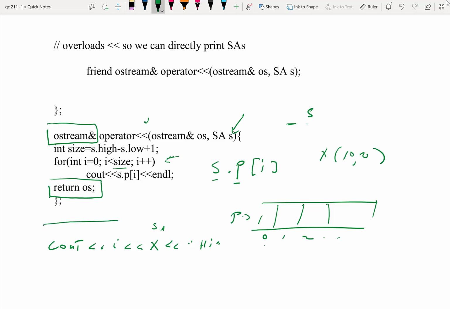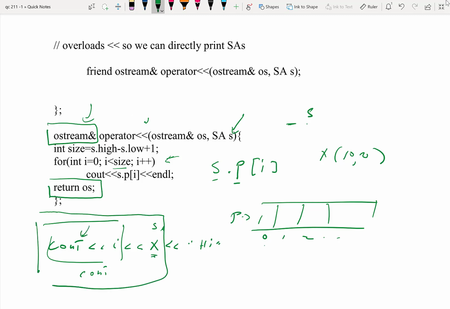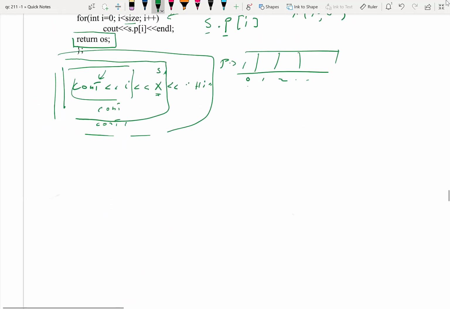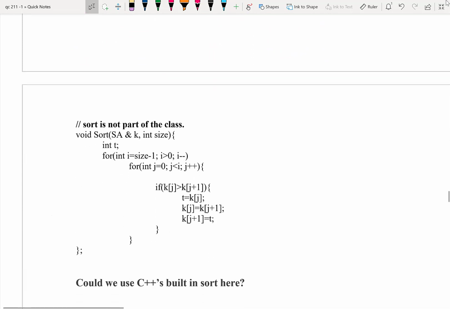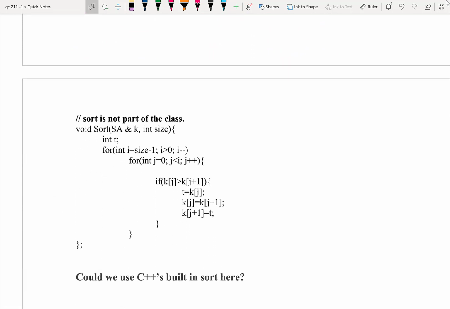I'm going like this, and I'm going to print I, but what's going to come out is the cout, and because cout is an object that's passed by reference, I can now do this, and X will be input into the cout object, because it's something I can write to. Then cout is going to come in again, and I can write high into this. This is exactly what we spoke about when we spoke about the rats. Okay, with this, we have finished the Safearray class,